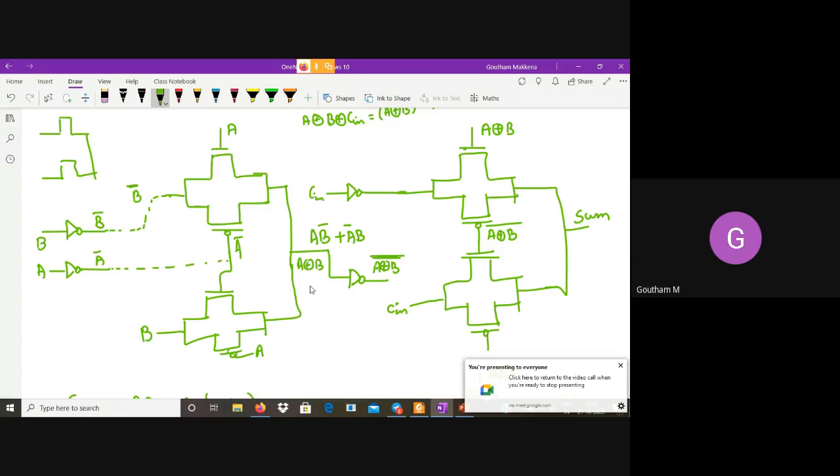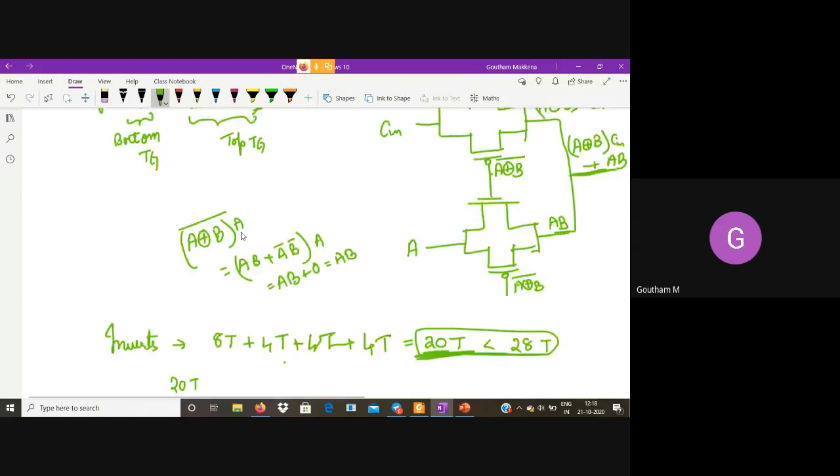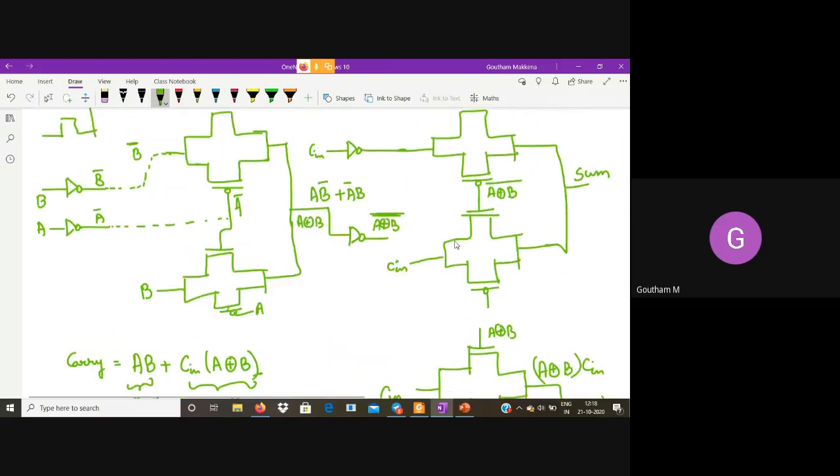So did we successfully reduce the number of transistors? Yes. So if you get it in your exams, this is what you should be writing: a 20 transistor full adder cell using transmission gates.